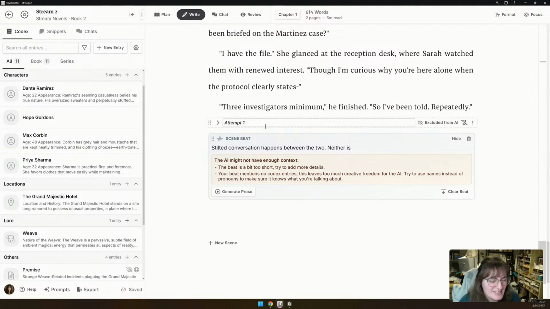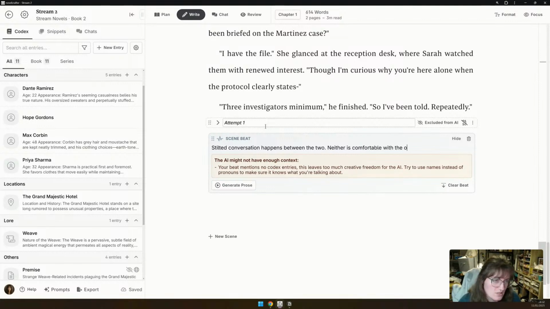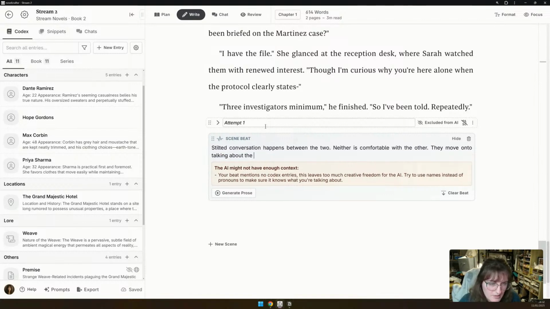Neither is comfortable with the other. They move on to talking about the case just as they begin to fall into deeper conflict.